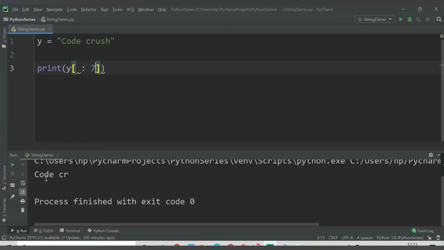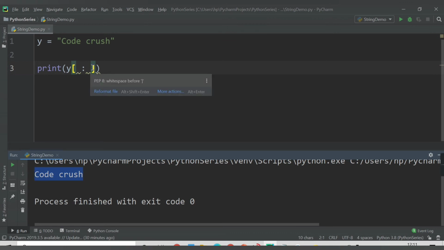So these are the 0, first, second, third, this is fourth, this is fifth, this is sixth. In this way you can provide. Let's say I don't provide any start and end, what will it print in this case? If you haven't provided start and end, it will print the entire string, which is Code Crush.